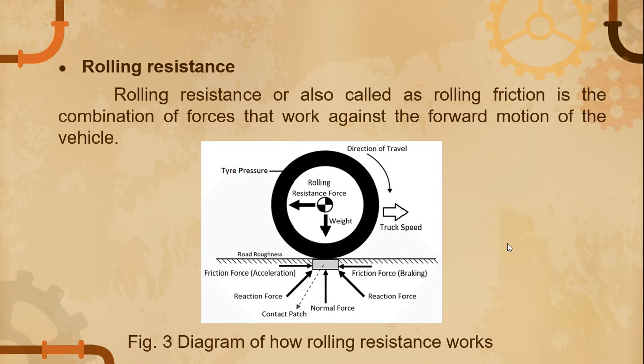So next subfield is rolling resistance. Rolling resistance, also called rolling friction, is a combination of forces that work against the forward motion of the vehicle. It is the force that resists the motion of a body rolling on a surface. Sa vehicle, kapag umandar na, ang nakakapagpabagal dito ay rolling friction. The more rolling resistance, the more power it takes to propel a vehicle. The pure rolling resistance for a train is that which happens due to a deformation and possible minor sliding at the wheel road contacts.